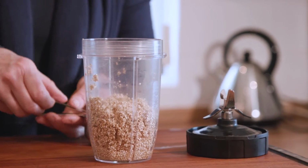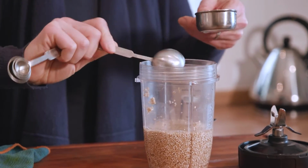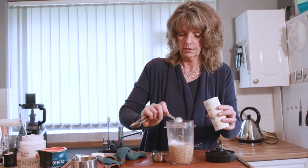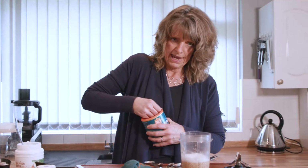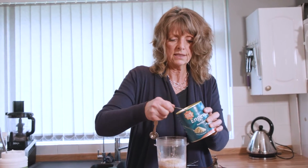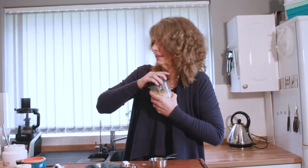So the extra ingredients we need in there, we need 1/4 cup of water and 3 tablespoons. 1, 2, 3. We need 3/4 tablespoon of baking powder. 1, 2. 1/2 teaspoon of salt. Please don't use iodized table salt. And nutritional yeast. It gives a real cheesy flavour to something if you can't eat cheese. So we put in 6 tablespoons of nutritional yeast. 5, 6. And all we're going to do now is blend it up so it goes really smooth and silky